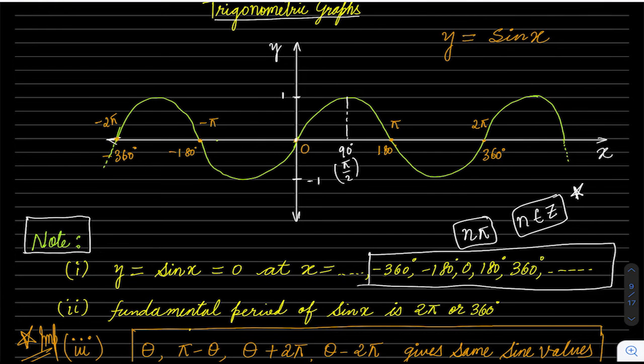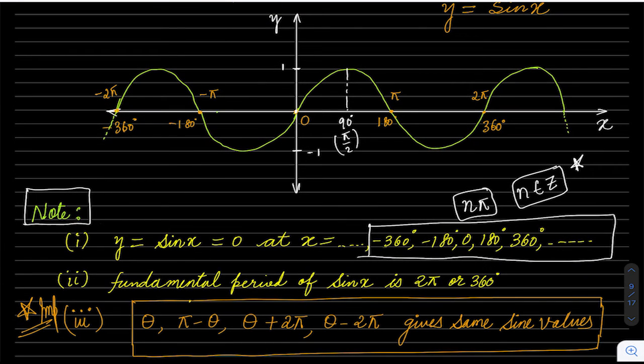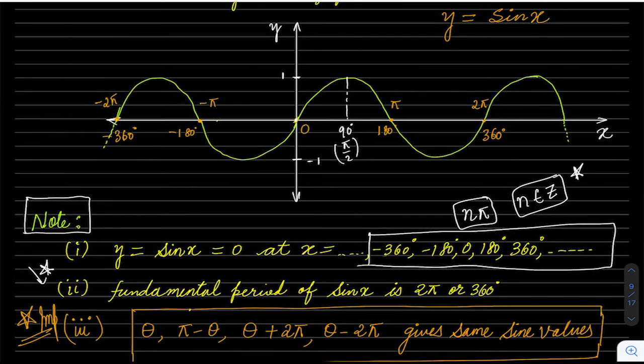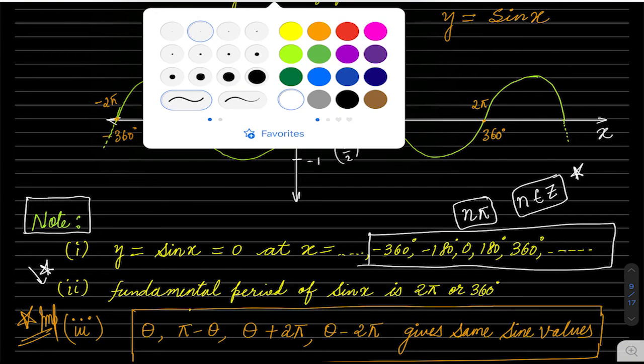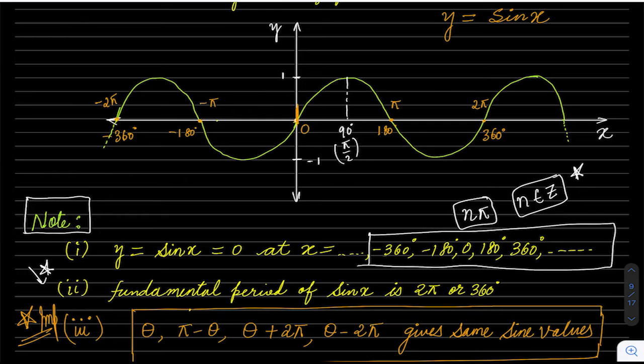So it's important. The second thing, which is again important and will come again in year 2 also, is the fundamental period of sin x. The fundamental period of sin x is 2 pi, or sometimes we call it 360. Now what is this fundamental period? The fundamental period is basically the interval after which a function repeats. As you can see from the graph, if I take my graph from 0 to 360, or 0 to 2 pi,